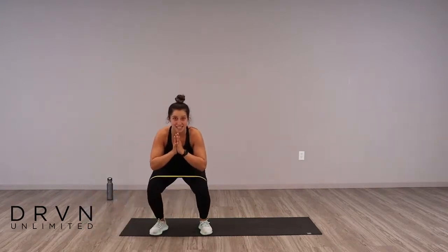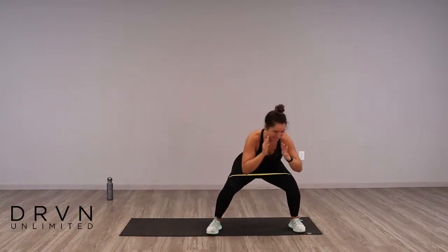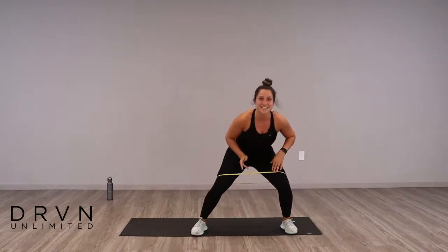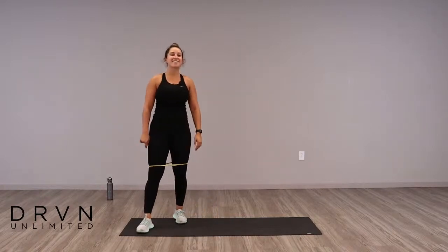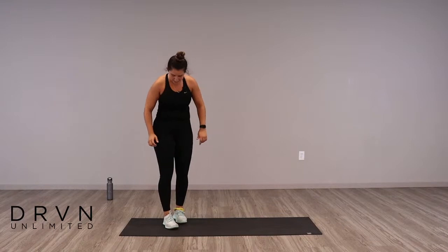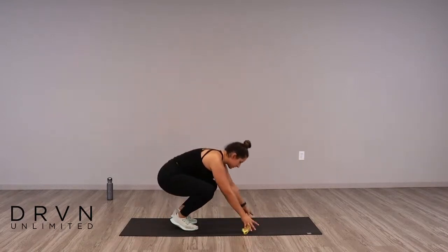There we go. We are at our halfway mark. Let's get a little bit lower into that squat. I know it burns, we got this. We're almost there, less than 10 seconds. Low, low, low, keep tension in that band for 3, 2, 1, and rest. Woo! Shake out those legs, pop that band off, getting it around your wrist